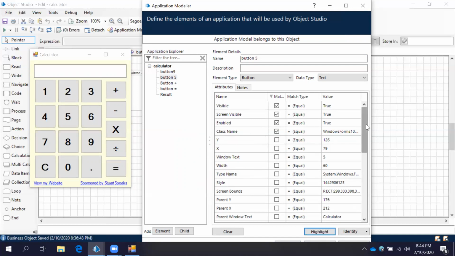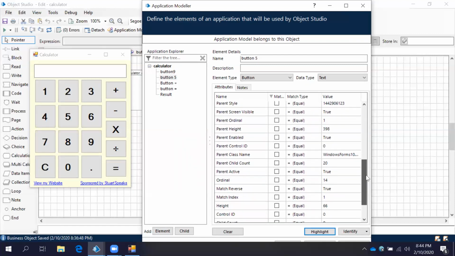To overcome this, we have an option in Blue Prism. We have an option called ordinal. Observe this ordinal. What this ordinal will do is, when Blue Prism creates an element, it will automatically assign a sequence number for matched elements. All these are the matched elements with the same properties, right? So it has assigned 14 for 5. Okay, let's observe for 9. Now I clicked on this, right?